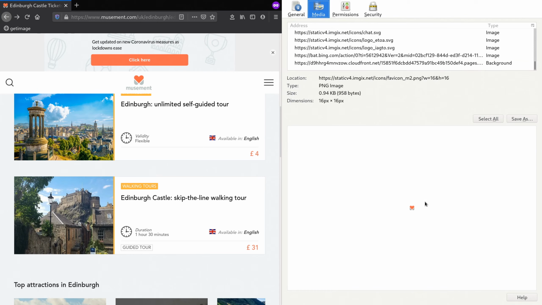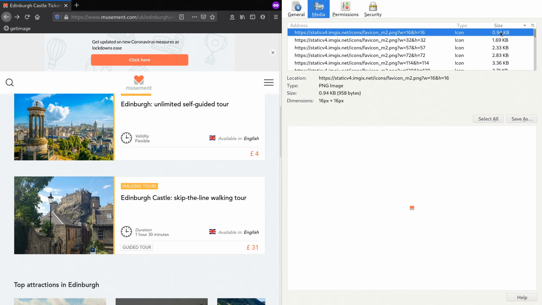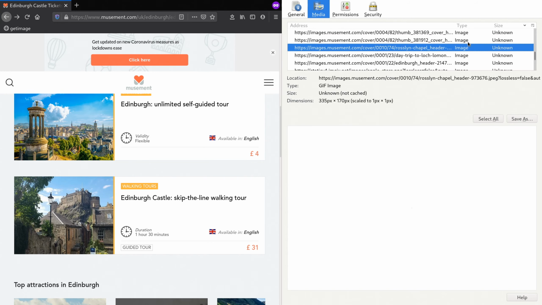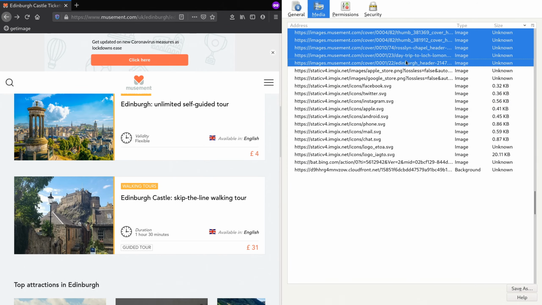Now, I don't really want small images like this, so I know the image I want on the page is probably going to be bigger than this. So if we click this and add the size column, we can sort it by size now, but there are still some unknown ones. So this option works well if you don't want to refresh the page, or if you want to save multiple at one time, you can shift click and click Save As,